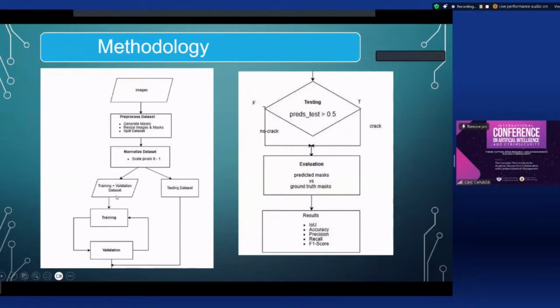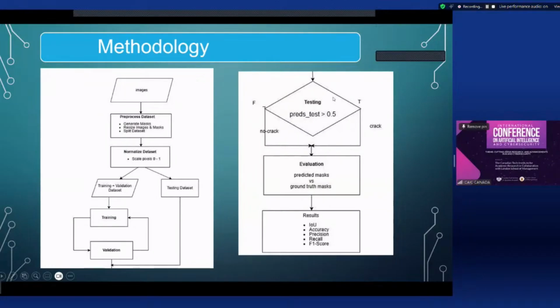And then the data has been split into training, validation, and then testing data sets. On the training and validation data, you do the training and validation loop. This can happen for a number of epochs until the neural network has learned the features, or the number of epochs set in the network has completed. Methodology continues